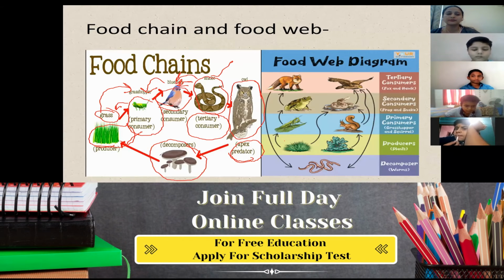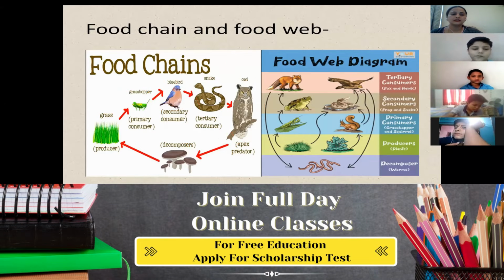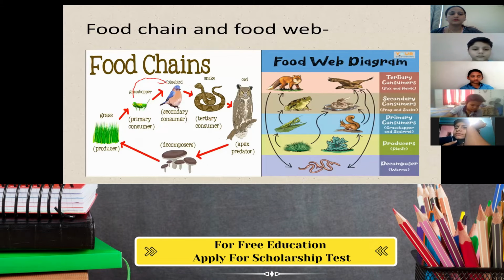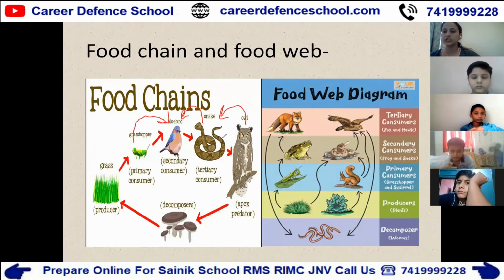Means these are dependent on each other, means जो grasshopper होगा वो सिर्फ grass को ही eat करेगा. Then grasshopper ब्लू बर्ड के द्वारा eat किया जाएगा, snake blue bird को eat कर लेगा, owl snake को eat कर लेगा, means ये dependent है एक दूसरे के ऊपर. So this is called food chain. Food chain एक systematic way में चलती है, एक sequence way में चलती है, but जो कि food web होता है,